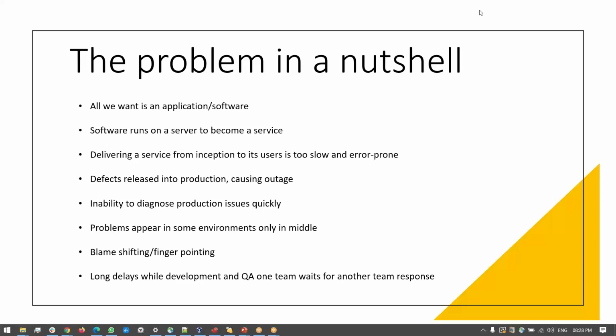There is a model called the agile model. So what happens in the agile model? Let's say our agenda is to develop a software, right? So what happens in the agile model? They divide the entire software development into iterations, right? Iteration one, iteration two, iteration three.